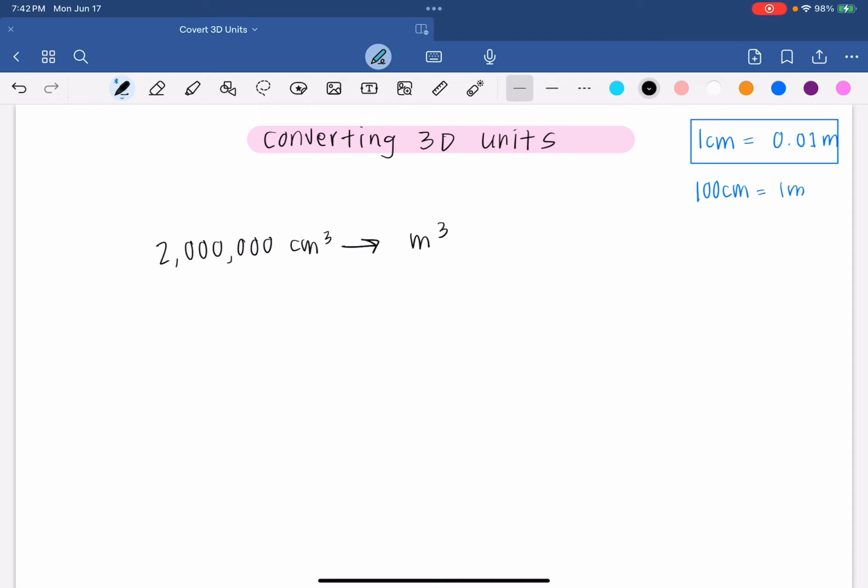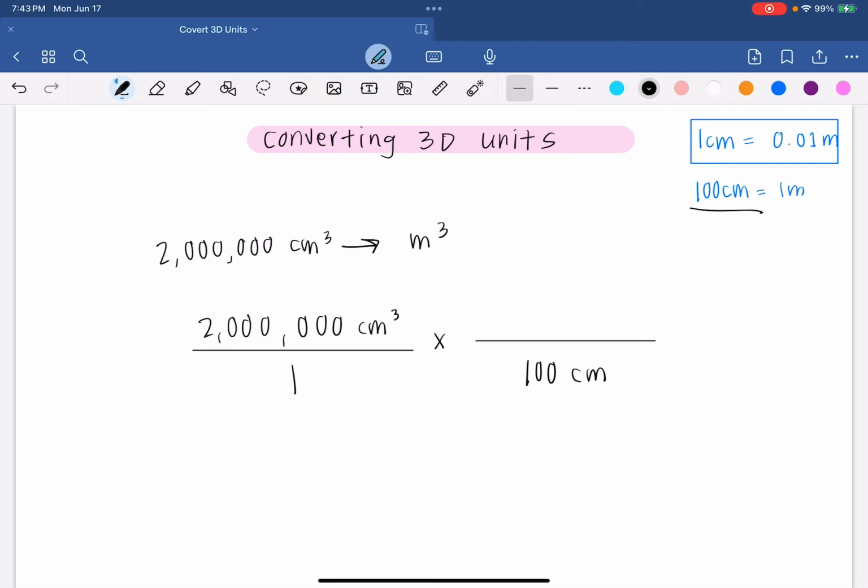I find that number is a little bit easier to work with, especially in large numbers like what we have over here. So first thing I'm going to do is take my 2 million centimeters cubed, and I only have one of them. I'm going to put them over 1 because we are going to be multiplying these and we need to put them into fraction form. When we multiply these two fractions, I want to make sure that they cancel each other out. So that being said, I'm going to put my 100 centimeters